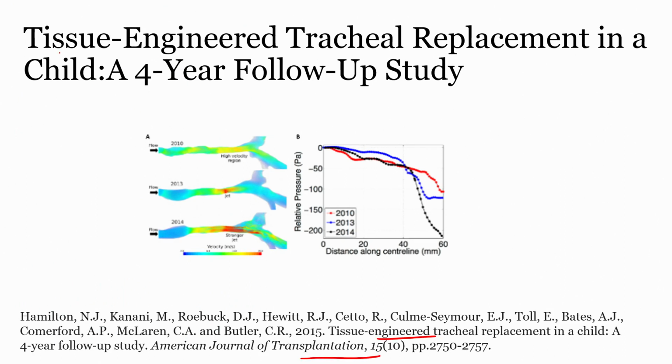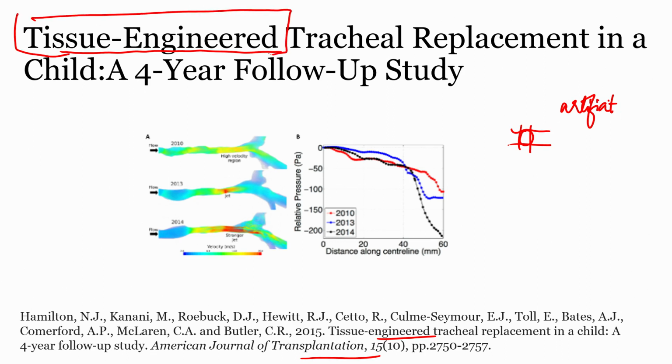A field that is emerging today is tissue engineering. If you identify a segment that is diseased, you could replace that with an artificial tissue. That is another field of study which is taking a lot of interest among research scientists. If you found this segment to be abnormal, they would cut this and replace it with a healthy tissue.